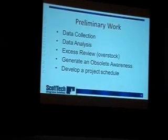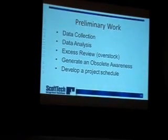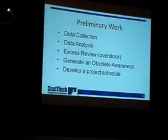In the preliminary work, you've got data collection, data analysis, access review. That was something that I think Tom missed big when we did the system for him down there. We worked together with him. There was a lot of excess inventory, stuff that didn't necessarily need to be in that building. And I think what he found out is over a period of time, we designed the system to be able to handle the inventory that he had there,